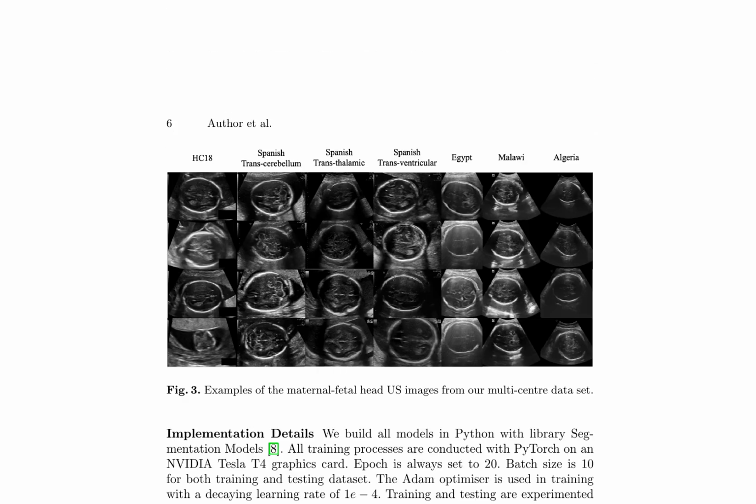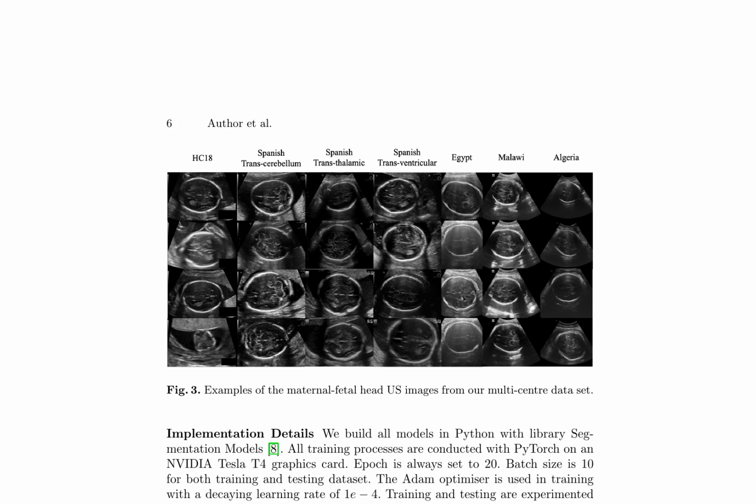model. The implementation of the experiment involves building segmentation models using the Segmentation Models library in Python, trained on an NVIDIA Tesla T4 graphics card using PyTorch. The training protocol consists of 20 epochs, with a batch size of 10 for both training and testing datasets. The Adam optimizer is employed with a decaying learning rate of 1e-4. Each fine-tuning strategy is experimented with 4 times, and the performance is statistically analyzed using the analysis of variance, ANOVA,